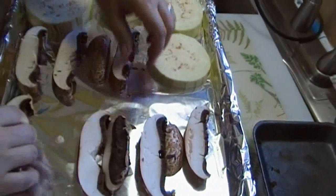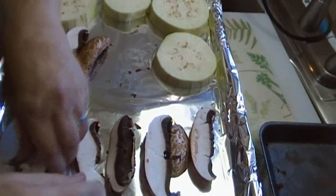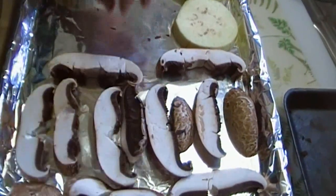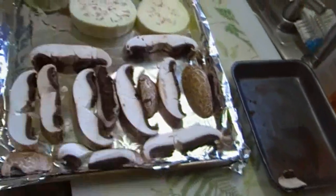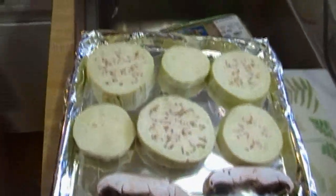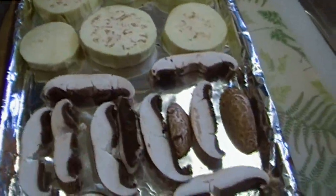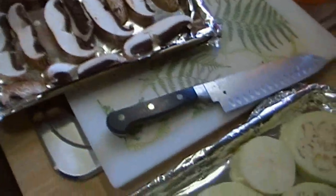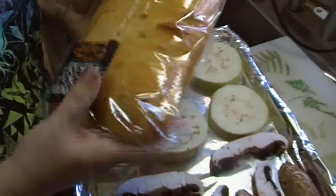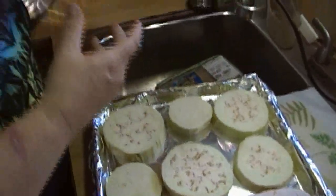But I'm going to kind of work all at once. While these are roasting in the oven, I'm going to be cooking off my chicken. And this is going to be an open-faced sandwich. I have this lovely ciabatta bread I'm going to split. So we're going to open it up, and we're going to have 2 bases. On this, we're going to put...